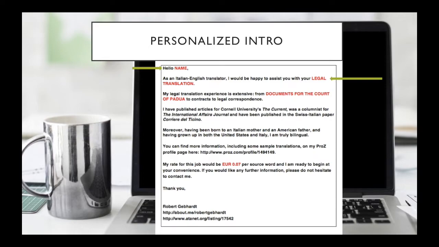The second part in red should restate what the client wants. So usually this will be the name of their request, such as 10-page Court of Padua document or something. Once again, if there is no real usable name, you can just stick with legal translation here as well. This third part should mention the job you've performed which is most similar to the one being requested. So for example, it's documents for the Court of Padua or something like that, something that is somewhat similar to